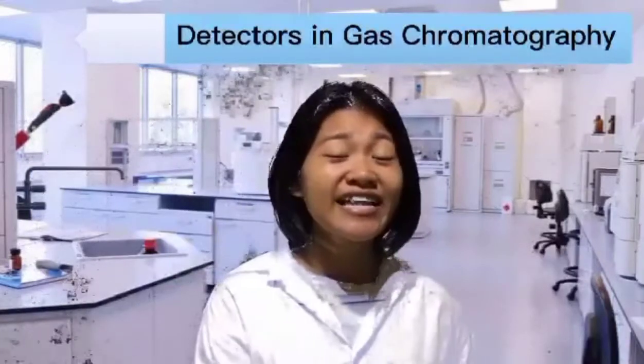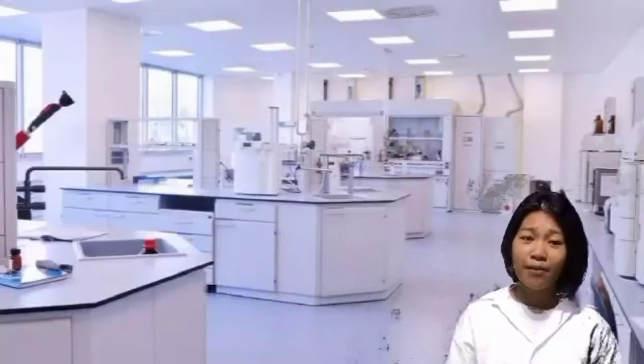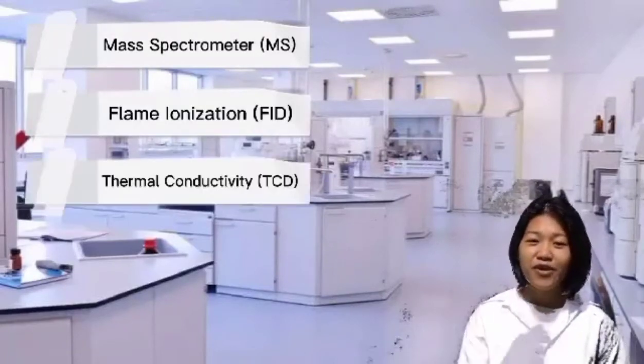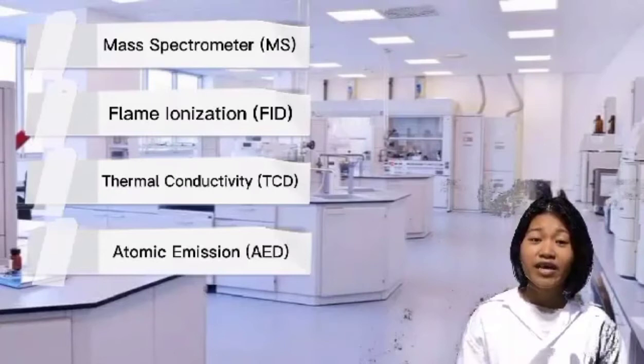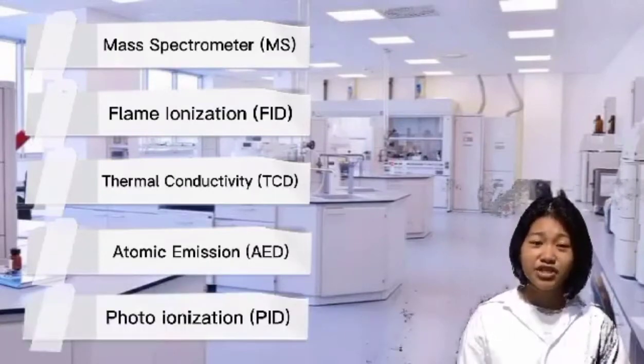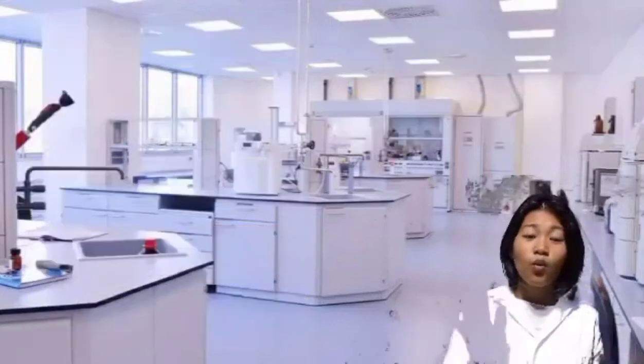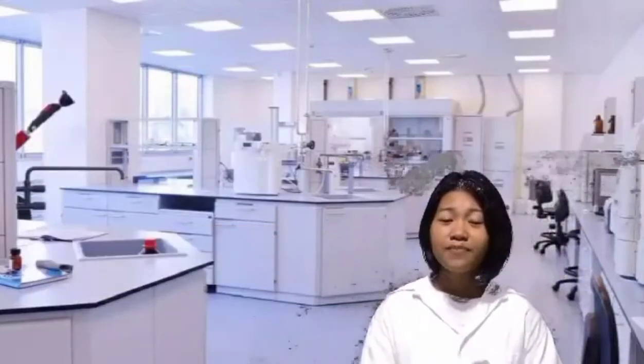Now let's proceed with the detectors used in gas chromatography. There are a wide range of detectors available to measure the output sample, including mass spectrometer, flame ionization, thermal conductivity, atomic emission, photoionization, electron capture, and chemiluminescence. Which detector is picked will depend on the sample being used, since not all detectors will work with all types